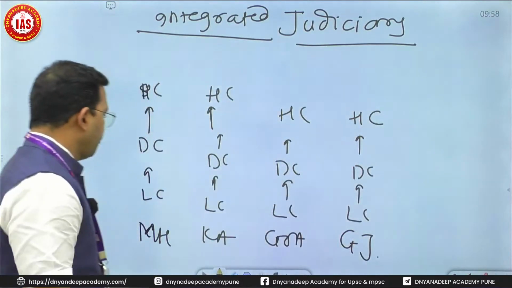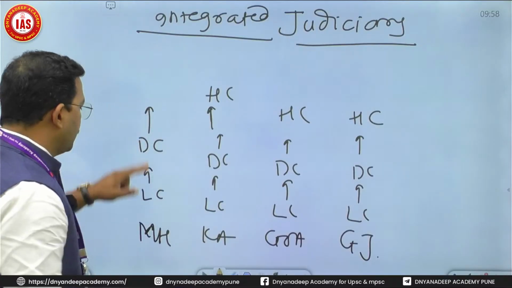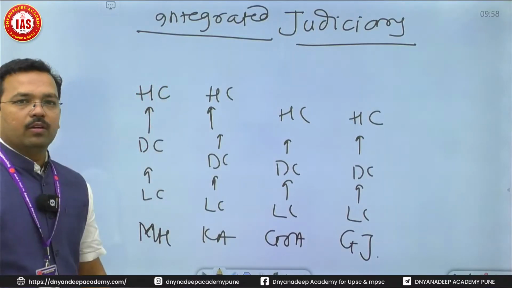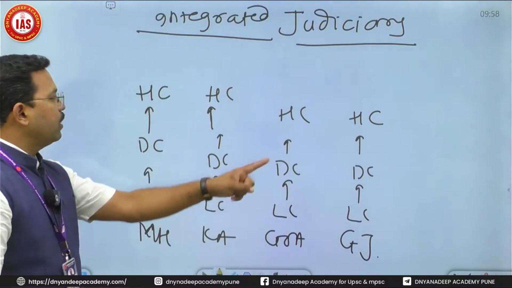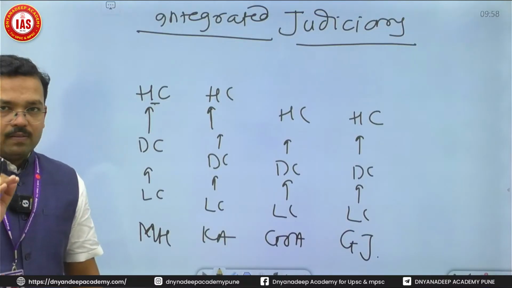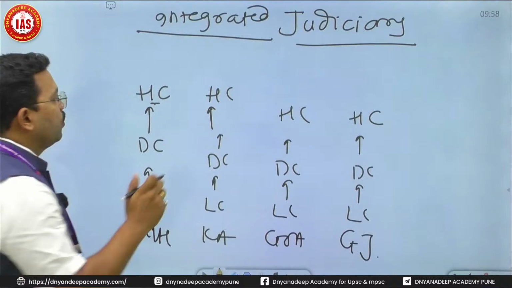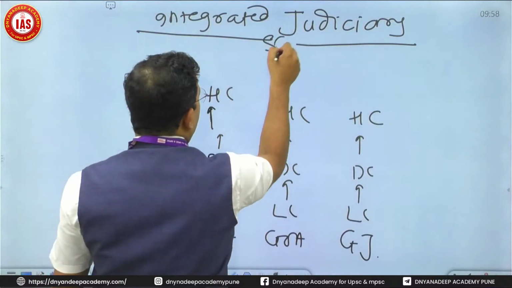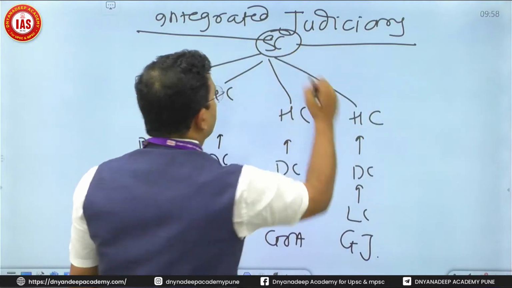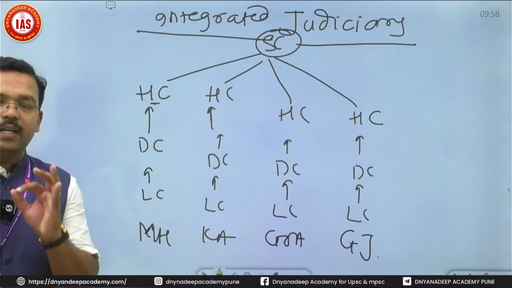Correct. So, High Court can adjudicate upon what? It can adjudicate upon state law. Here comes High Court, it adjudicates upon state law. So, every state has its own separate High Court. But if you are not satisfied with the verdict and judgment given by High Court, you can appeal to the Supreme Court situated in New Delhi.